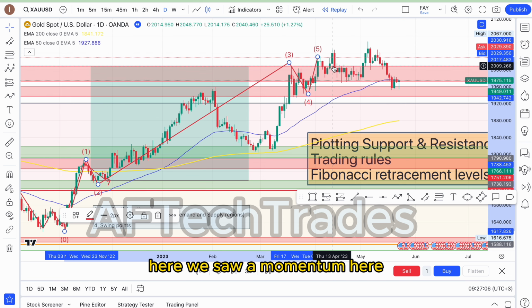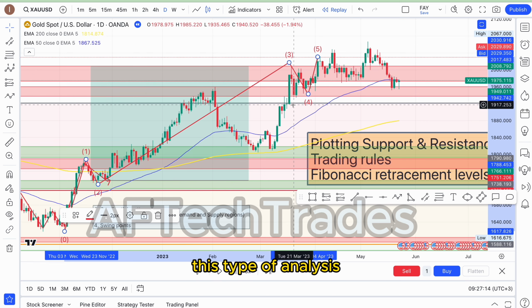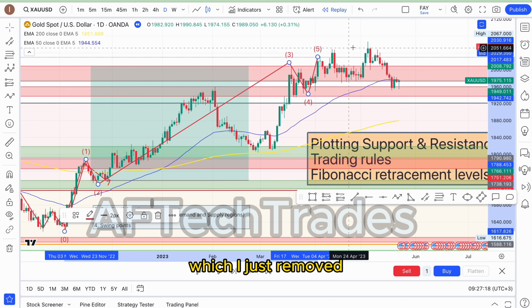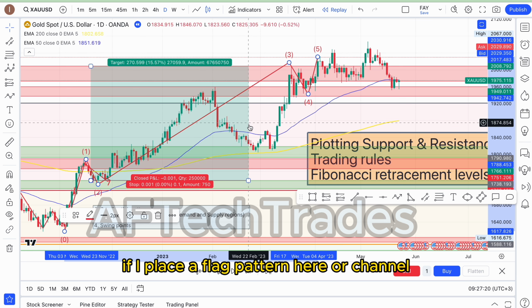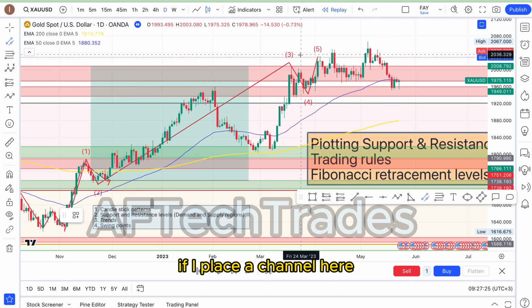Here we saw a momentum. Here it broke back. What does it tell us? Is it a strong one? We don't know. This type of analysis you do, or you place your flag pattern here, as I said, which I just removed. If I place a flag pattern here, or a channel, where's the channel? If I place a channel here,